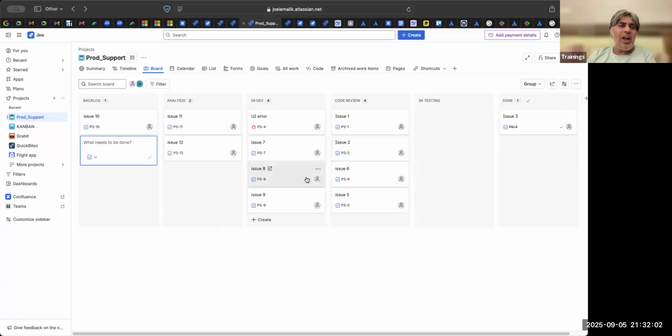But just by looking at this, you will know which status is the problem. Oh, there are 4 tickets here, 4 tickets here. Why are 4 tickets here? This is fine. There are 3 developers. They are working on 4 tickets. This is fine. But who's doing code review? Oh, code review only one person is doing. And that's my bottleneck. So what do I do in this situation?